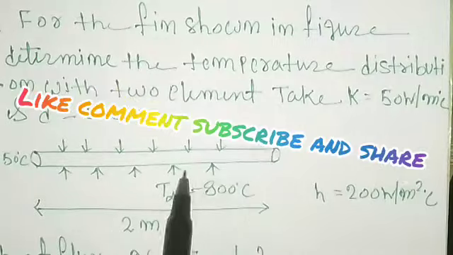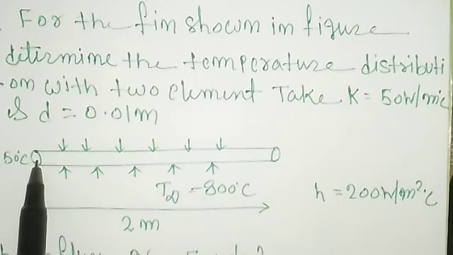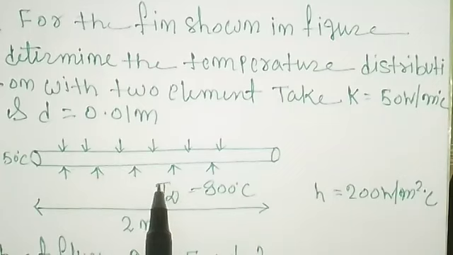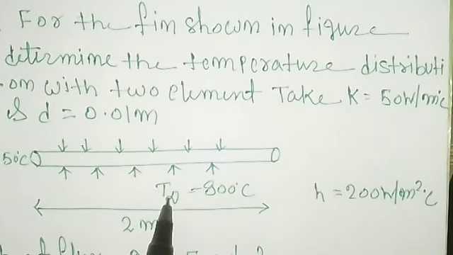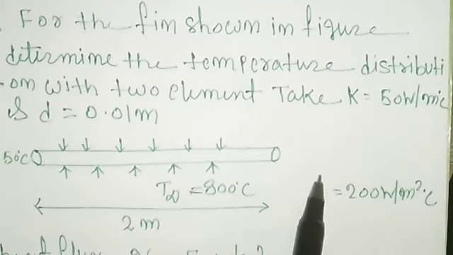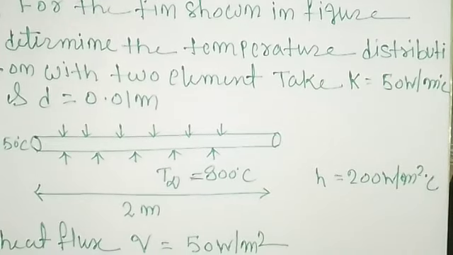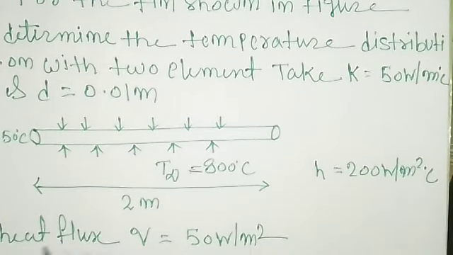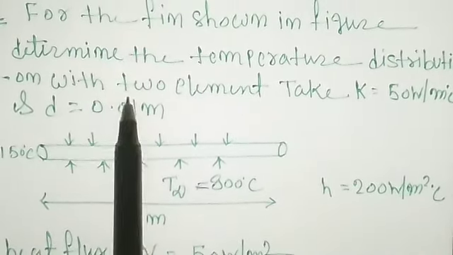So the figure is shown here. One element is there whose length is 2 meter. At one end the temperature is 50 degree centigrade, that is the temperature of the inner surface you can see, and the body is kept in a surrounding, that surrounding temperature or air temperature is 800 degree centigrade, is given, right? The heat transfer coefficient of that surrounding air is 200 watt per meter square degree centigrade, as well as the heat flux value, Q equal to 50 watt per meter square, is also given, right? So now in the problem it is mentioned that we have to use